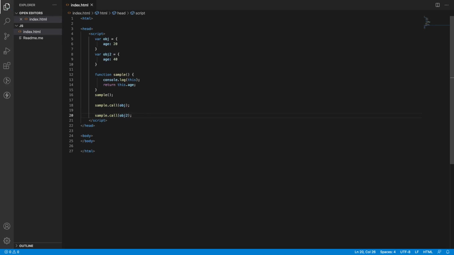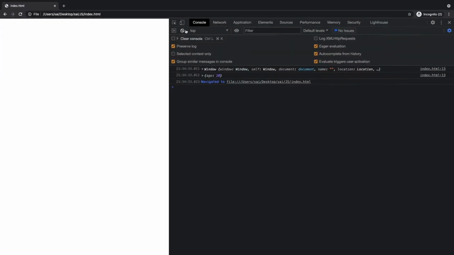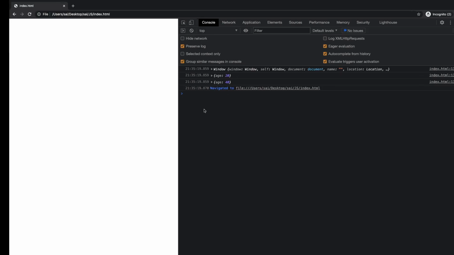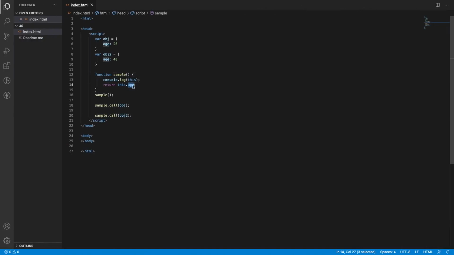Save it. Now in this case, my this keyword will point to obj2. In the other case, it will point to obj, and in both cases it will execute immediately. Let me go back and reload the application. If you see here, age 20, age 40, so this is capturing that particular object.